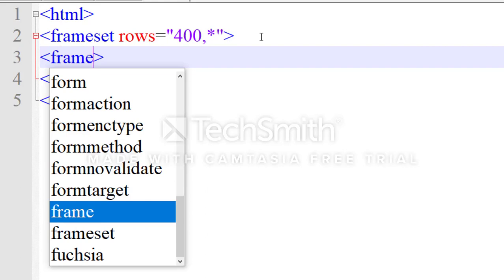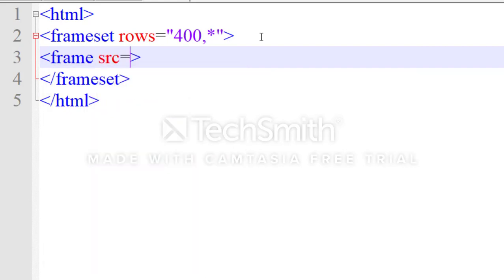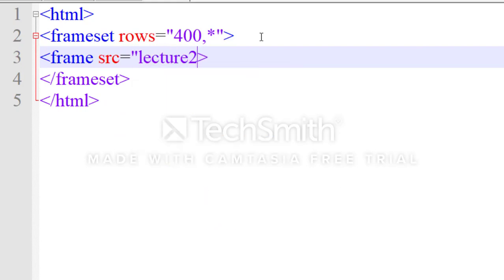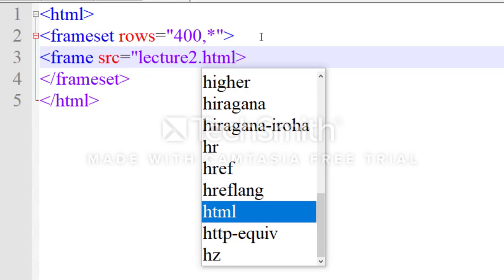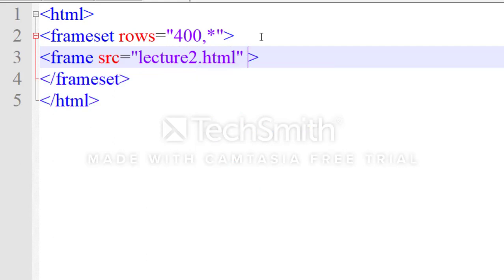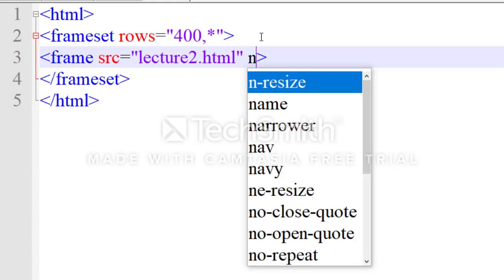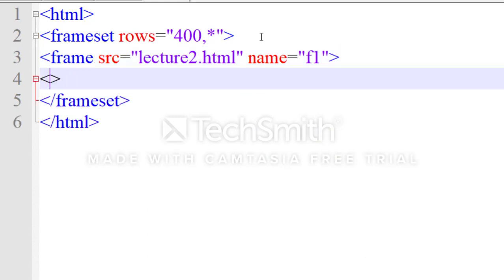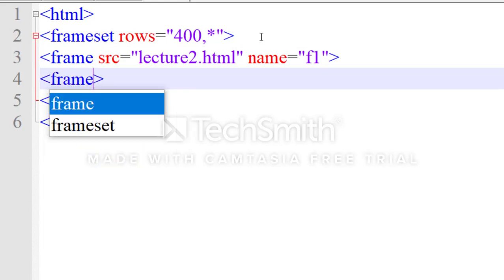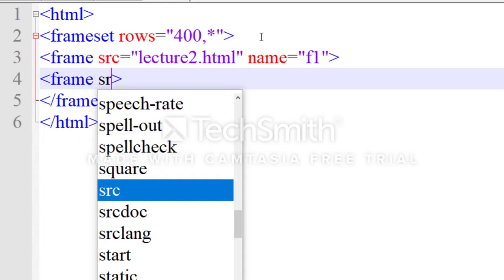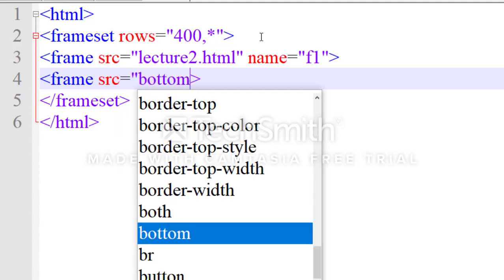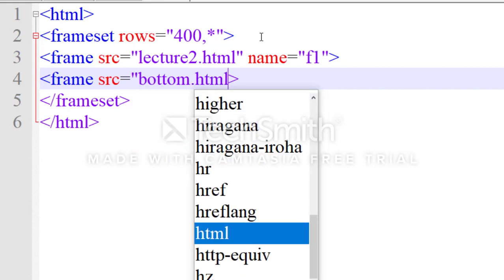Frame src equals to lecture 2 dot html, name equals to f1, and the second frame src equals to bottom dot html.